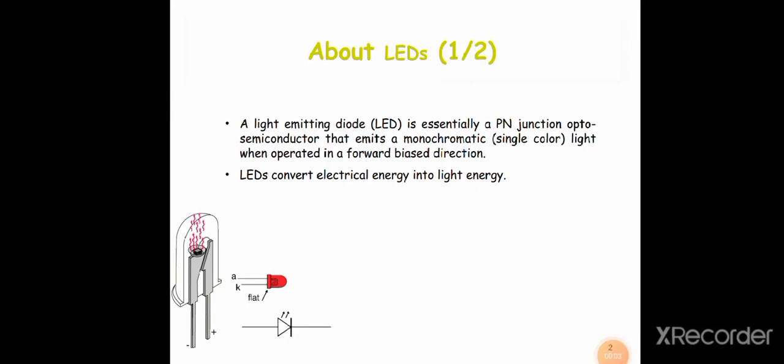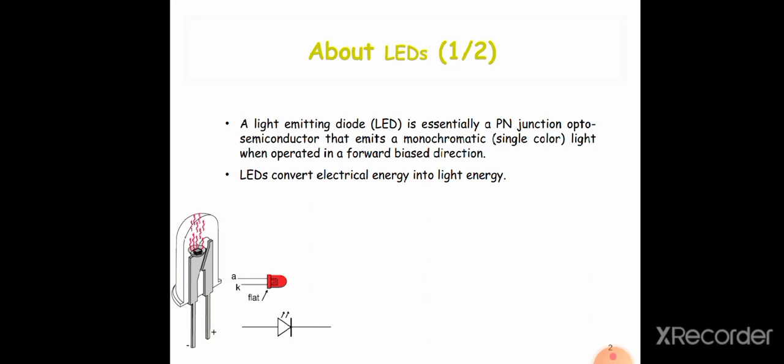Good morning, students. Today we learn about the light emitting diode. In the previous lecture, we have seen the types of diode, that is the conventional PN junction diode. Then after that, we have seen the Zener diode, and in this lecture, we'll see the light emitting diode. Now, before going towards today's TLO, we'll see some revision of the previous diodes.